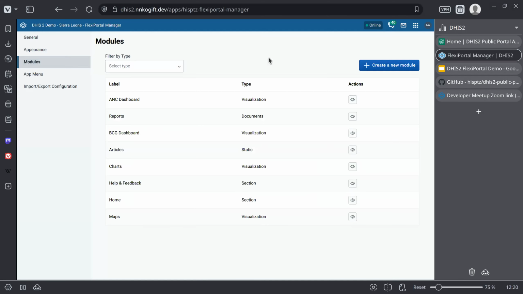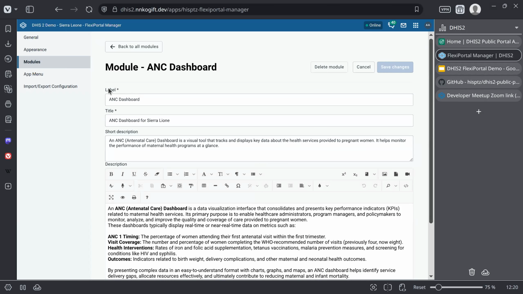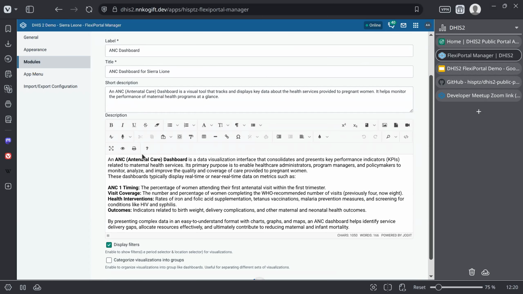So I already have some of the modules here displayed, and we'll take a look at some of them and how best you can use them. So starting with ANC dashboard, this is a visualization dashboard. And once you're inside, you can configure your label, title, show description, and display filter, and also categorize visualizations